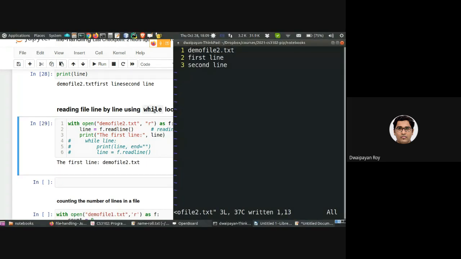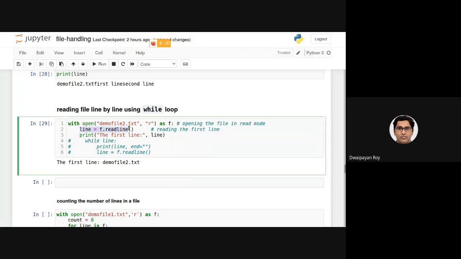So what it is doing is reading the first line and storing it in line. Now, as I was saying, this while loop is checking whether the last line that has been read so far is empty or not.